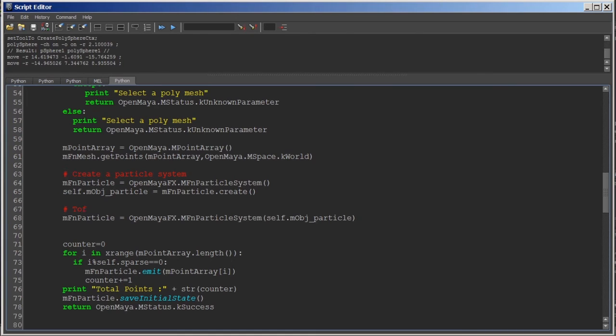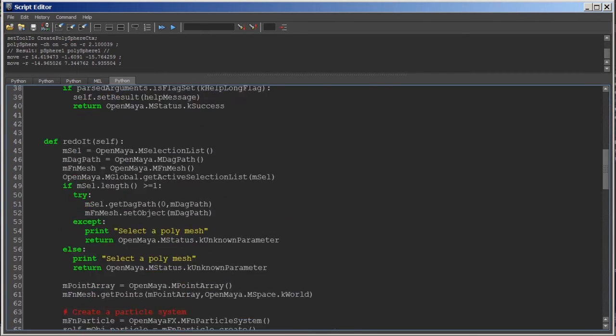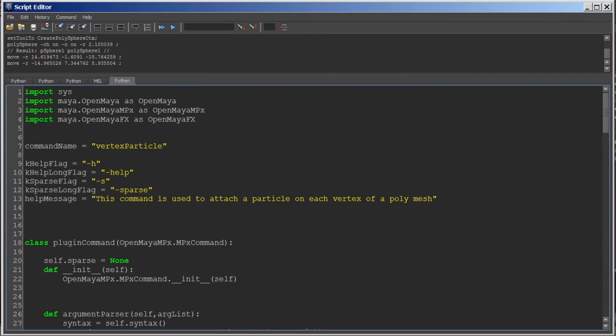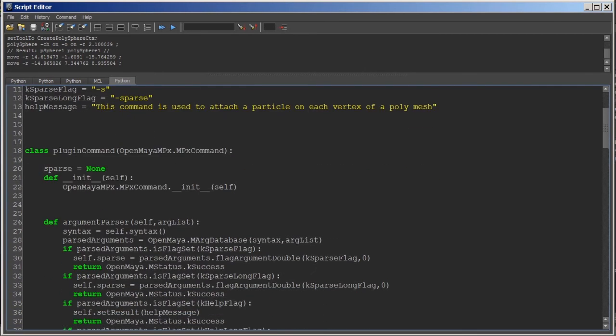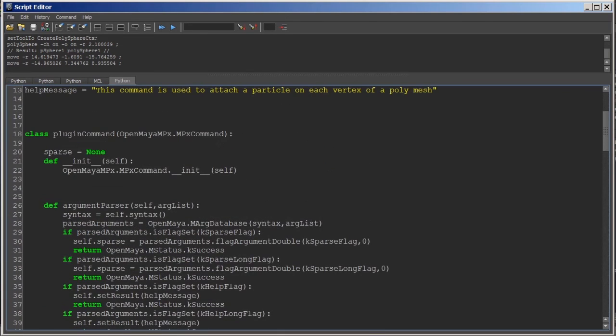So ideally, with the normal workflow, we should be able to emit the particle from the particle system, but just to fix that Maya bug, we'll add an extra statement here. And now, before writing our undo function, we will save the script and test it first. I just saw one error here: the variable declared here should not have self. So we will save this code, we will save this script,